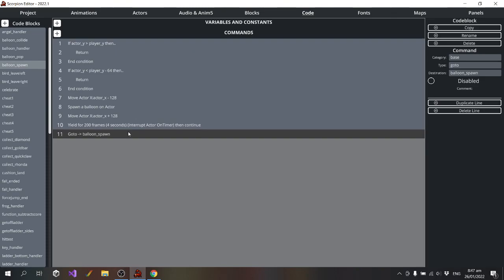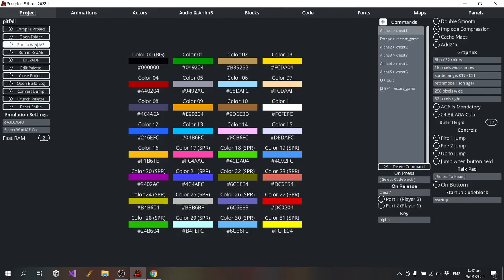So that will spawn a balloon about every 4 seconds. Hopefully.